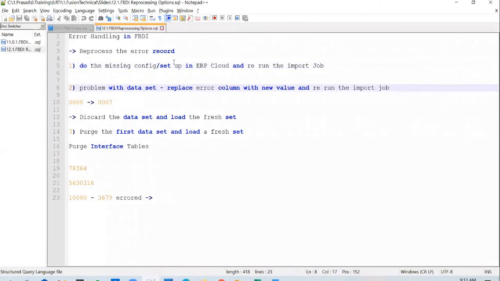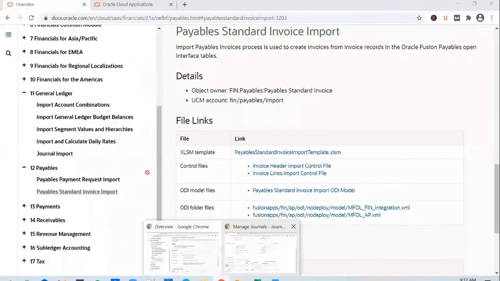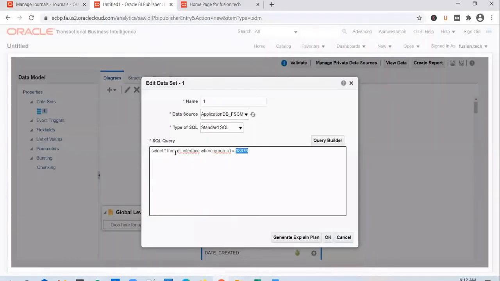And let's say you ran into the same issue again, say for example, an account error or some other error. And you went back to the client and he said, sorry, I've given a wrong account number to you. Can you replace that account number with a different account number? So in this case, I need to update the data in the interface table. I've stressed multiple times that the only query you can run on this, or from the data model, is select; you cannot run update or delete queries here, right?